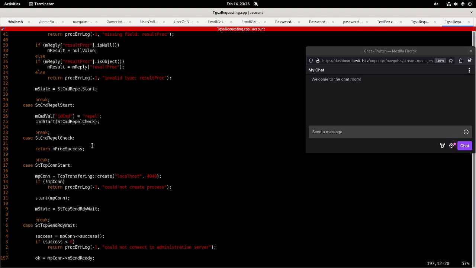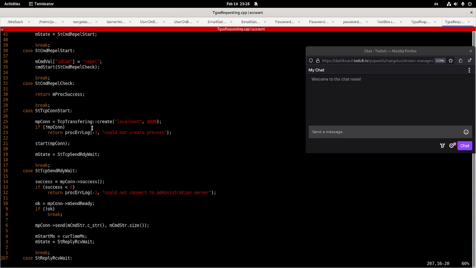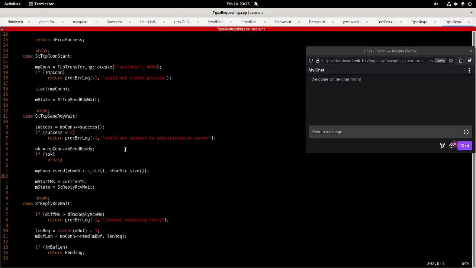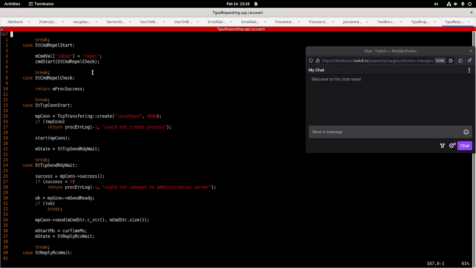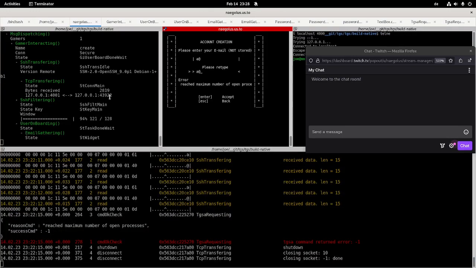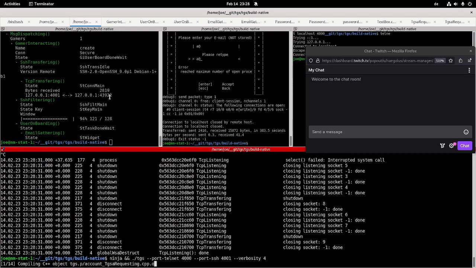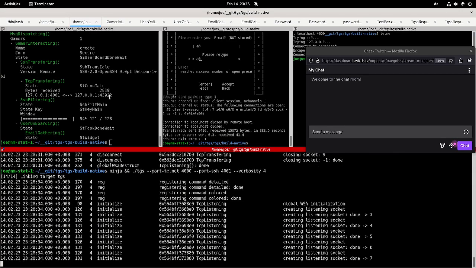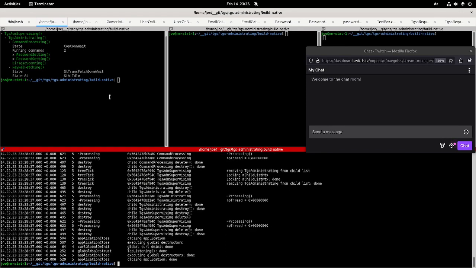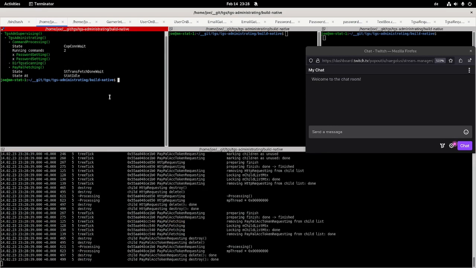We can repel, and now if we have a communication error in the repel command, then we can't do anything. We have to ignore this thing in any case, so that's fine. Yes, that's cool. Now I restart the